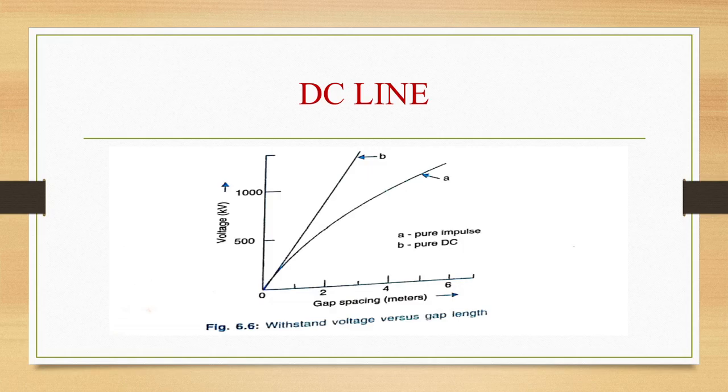Insulator string is subjected to the direct voltage in addition to transient impulses of different waveforms. The creepage distance of an insulator is determined by the operating direct voltage, while the string length is determined by the impulse voltage level. Increasing the string length influences the height of the towers and their costs. As transient overvoltages are smaller with DC lines, there is an economic incentive to make the ratio of creepage distance to string length as great as possible.